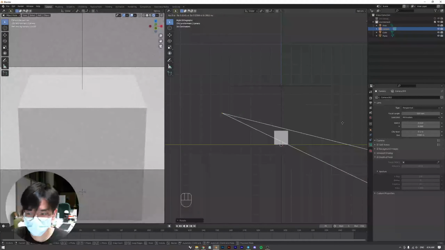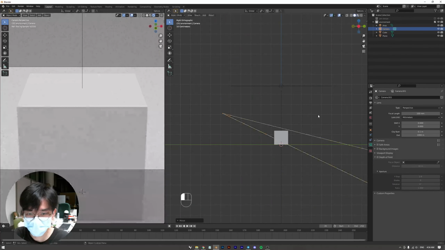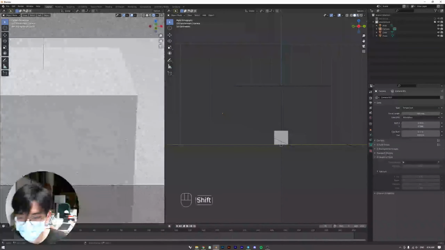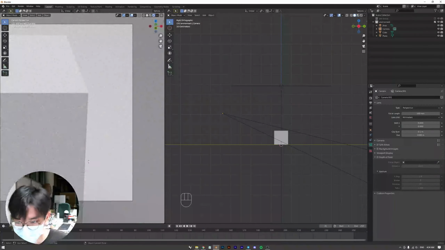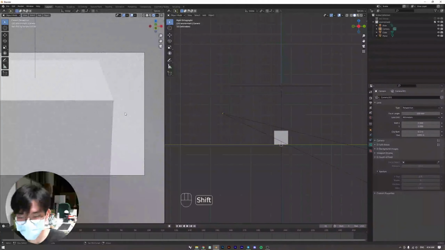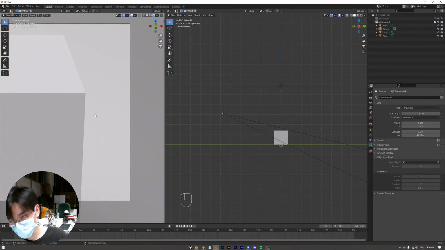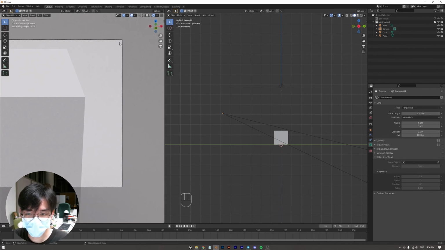Maybe to exaggerate, move it a bit closer, right? The thing about this is that if you look at the side over here, if you really pay attention, you can see that the side wall is actually not parallel with the canvas. For a long time I thought this is fine, but I realized that for architectural visualization, or when your product has straight edges, it's preferable to have these edges parallel to the edge